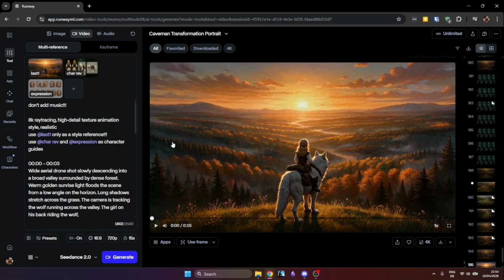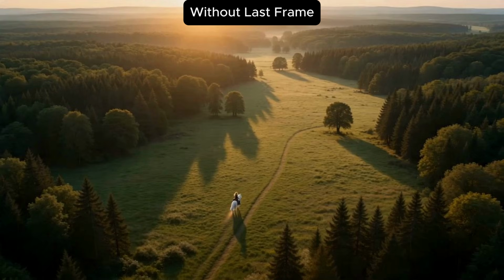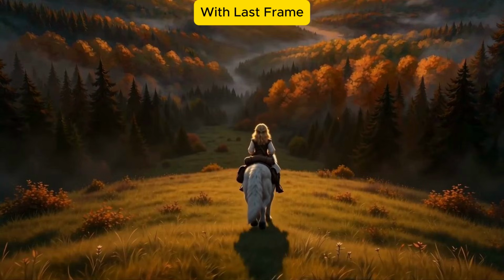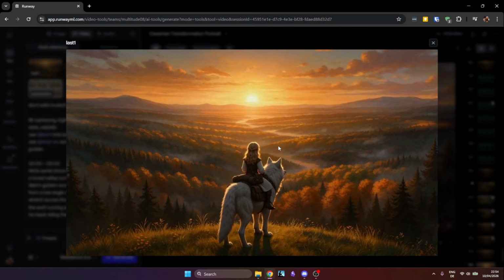This will actually, from my experience, make the video a little bit more dynamic, a little bit more cinematic maybe. But the problem here is if you don't do that, then the video might have a different scenery, it might have a different location, it might have a bit of a different color style, stuff like that. So using the last frame, or actually the last seconds of the video, you can also do that by cutting that out and uploading that. This can actually help preserve that style and also preserve the